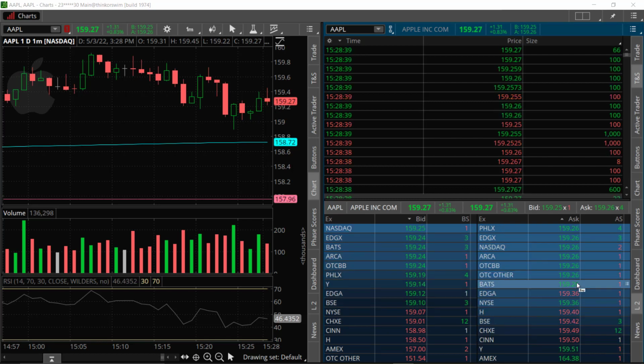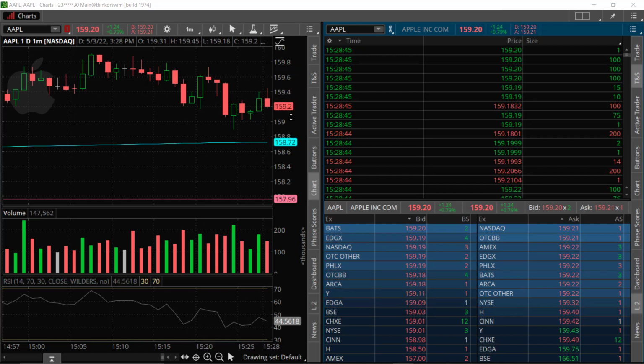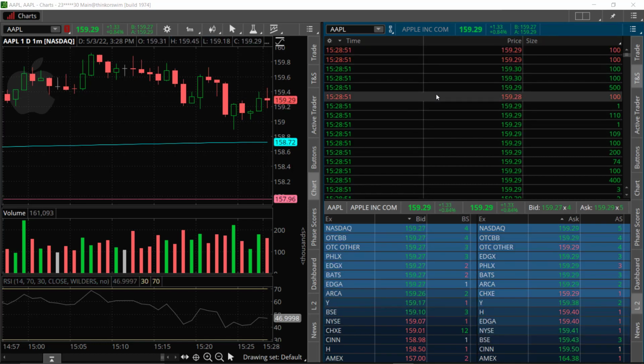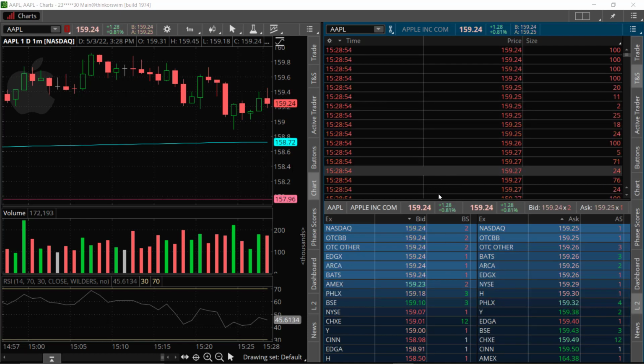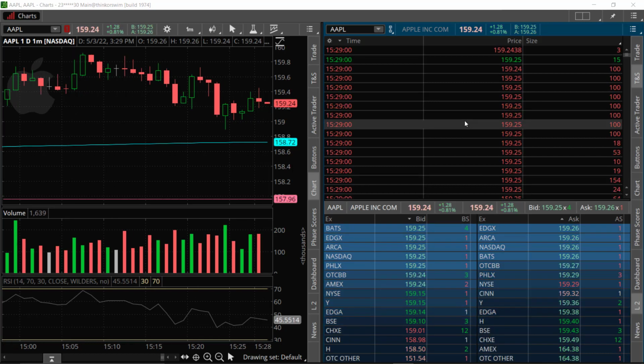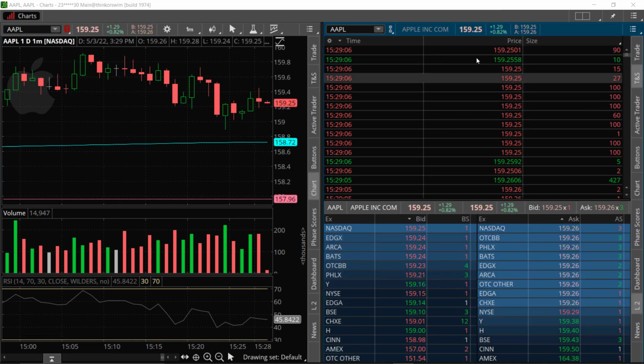On the left here, we have a chart of Apple. We're on the 1 minute time frame, and you can see the current price, 159.20, and it's variating there. On the right side, on the top, we have the time and sales, which is what people call the tape, right? And then on the bottom here, we have level 2, which shows you the depth of the order book. So how these all correlate and the relationship between these is the tape on the top here on Apple